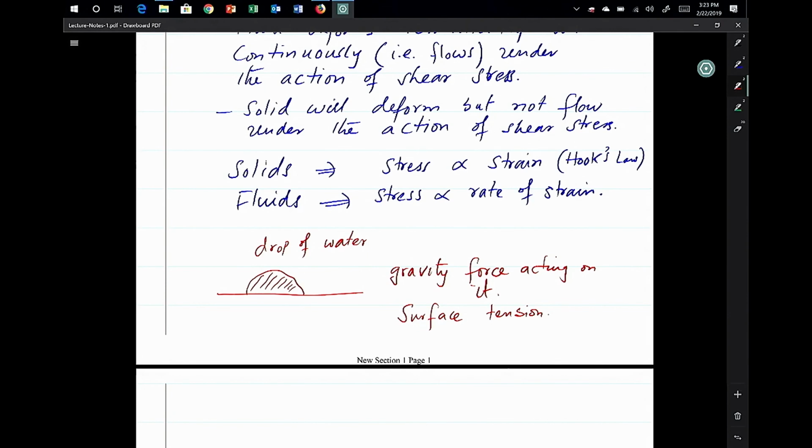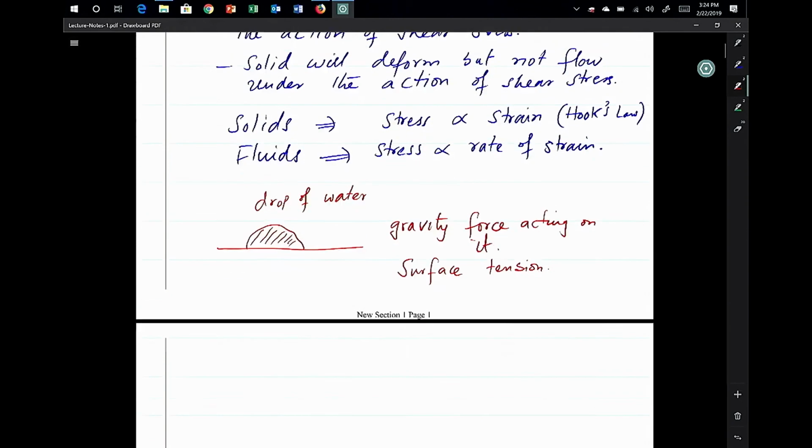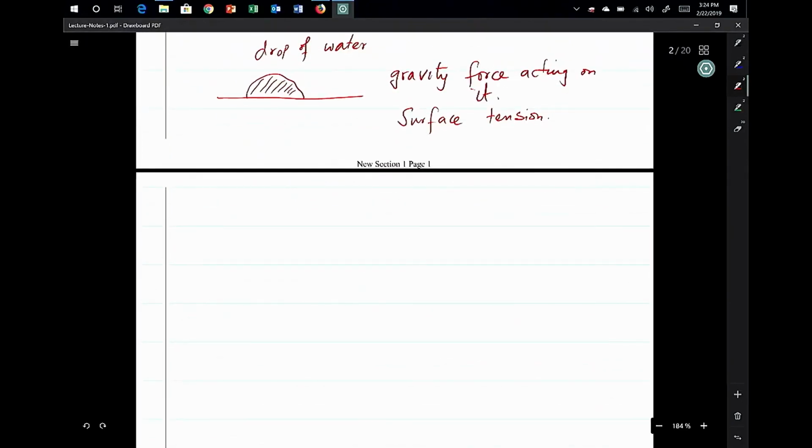So shear makes the fluid flow, but surface tension effects, if it is too thin, will come into picture. But most of the time in civil engineering, surface tension we don't consider unless the depth is very small. So this is all about surface tension. This is all about shear stress. Now, difference between